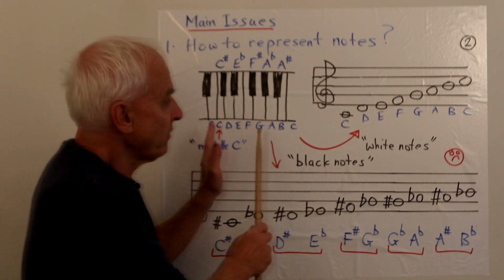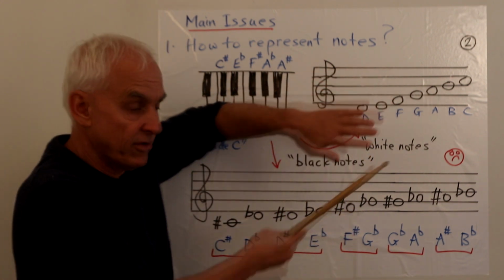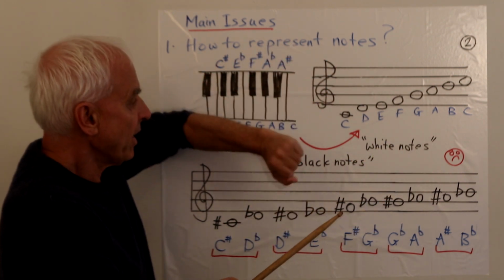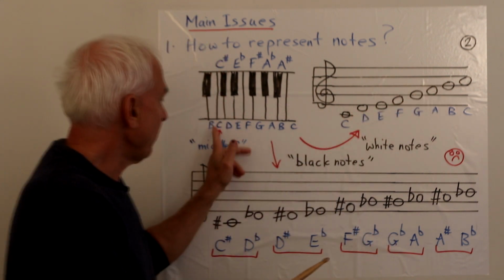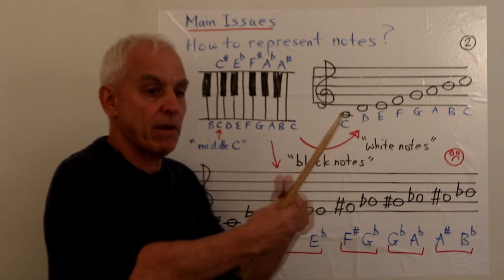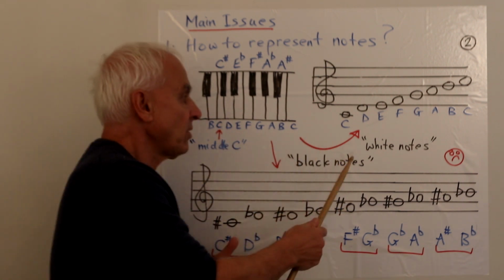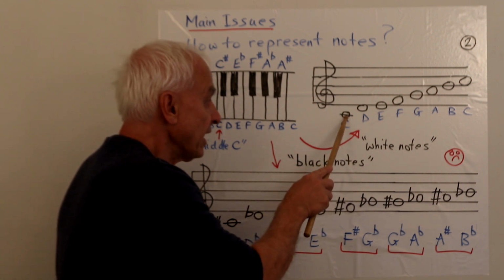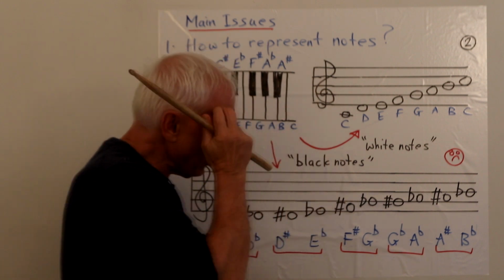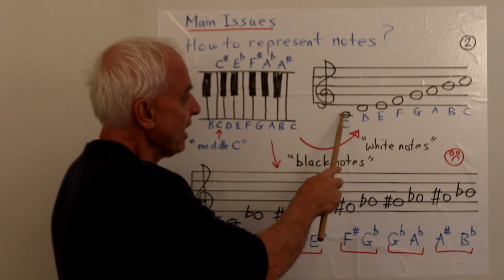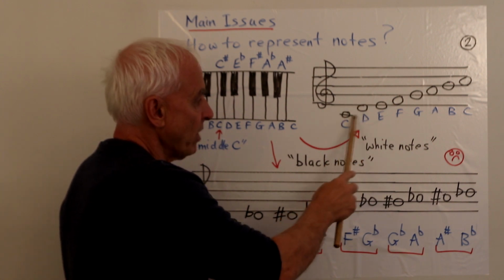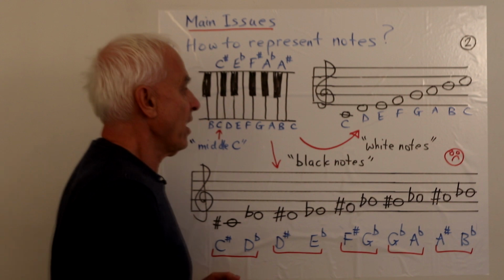And the standard convention is that the treble clef, the top part of the staff, the thing that has this funny symbol in front of it, is a place where these notes from middle C to the next C up are represented in a logical and systematic fashion, starting with middle C being actually not on the staff, but on this auxiliary line that you have to draw just below the staff. So there's another line here, meant to be like an extension of this one, but just one down. And there's the note C on that.